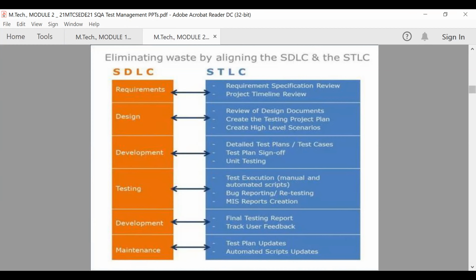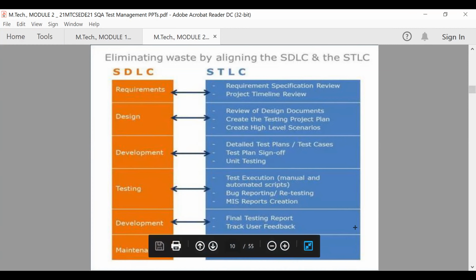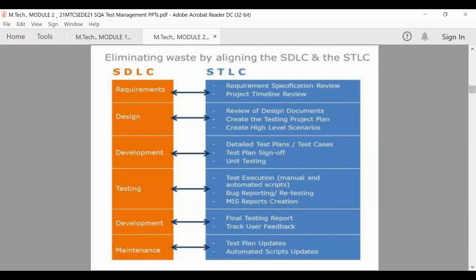Based on the errors and bugs identified during the test process, we'll create a software testing report, and based on the report, the retesting should be performed. Then we'll perform the final test report and track users' feedback. Users' feedback will be collected.